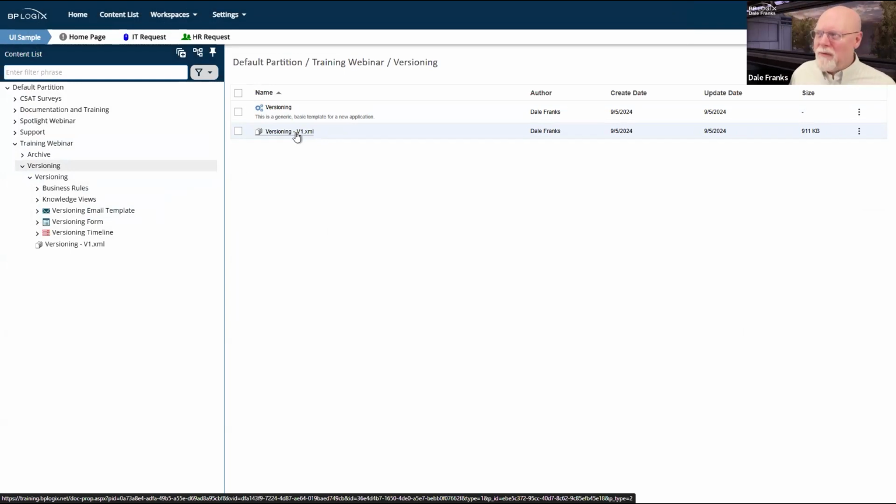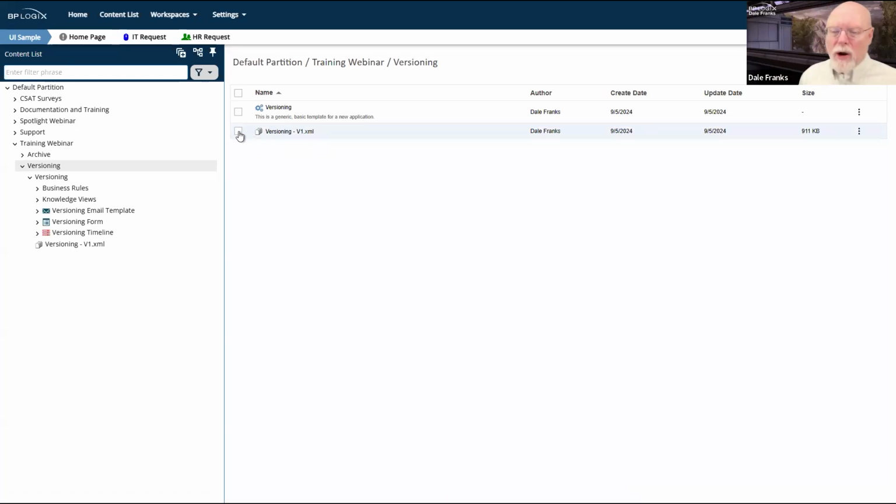If your fear is that something bad may happen on the database where you would lose your actual object definitions, it's probably best if you store this XML file somewhere that's not in Process Director, where it gets stored in the same database you're afraid of losing. So you may want to create some sort of archive with these XML files so that if necessary, you could just simply re-import that XML file into Process Director.